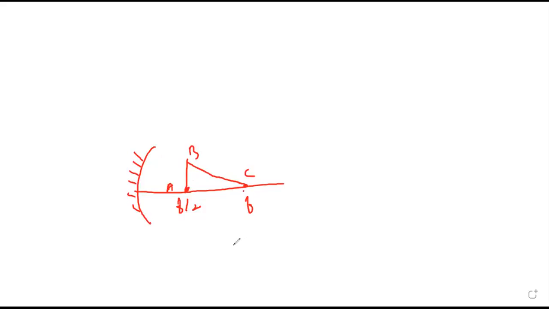Yes, sir. Now the object is on the right side they have kept. Right. So I will go by that sequence. This way they have not kept, they have kept on the right side. And this angle is given 45 degree. So for AB, u is f by 2.